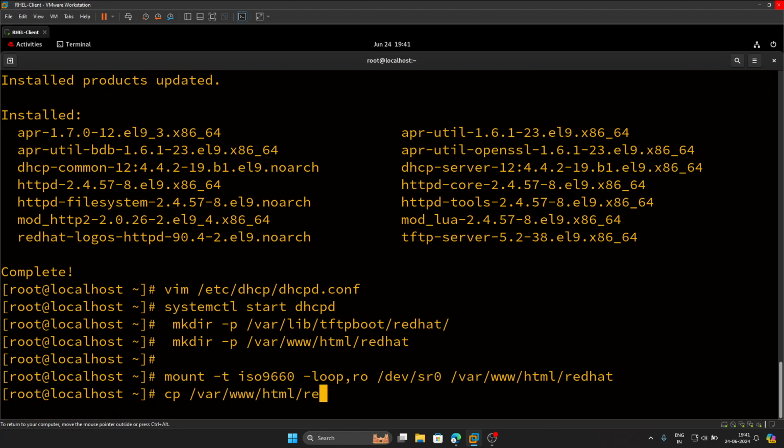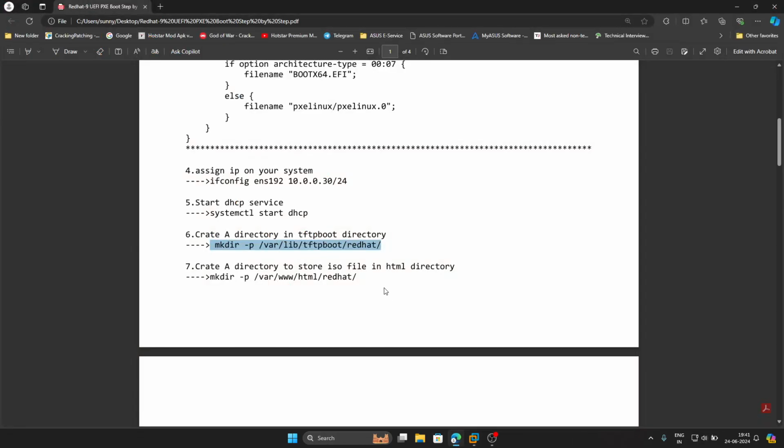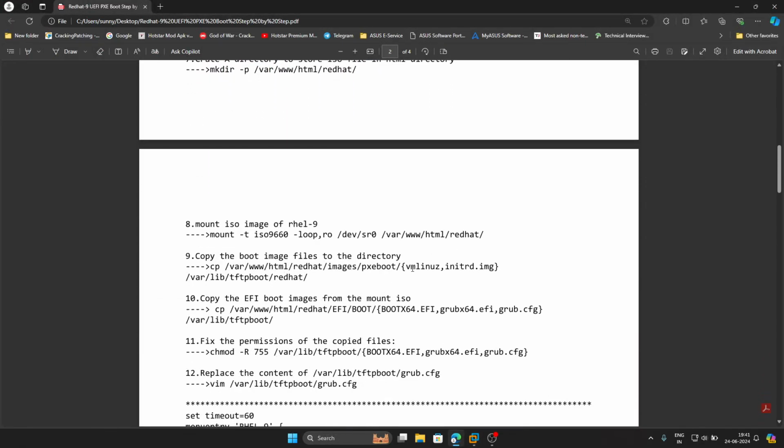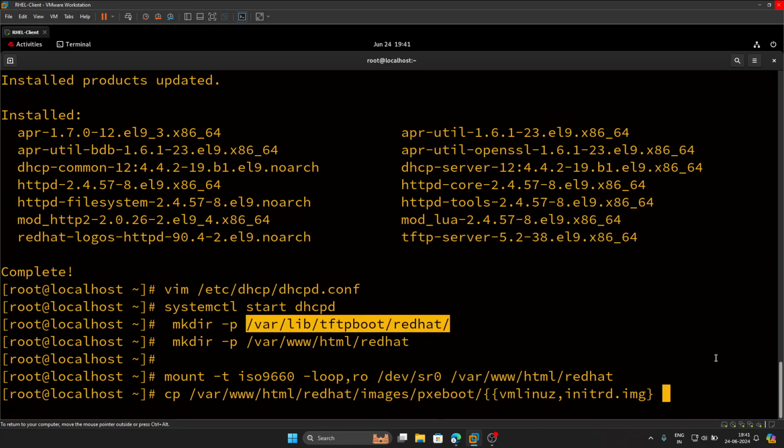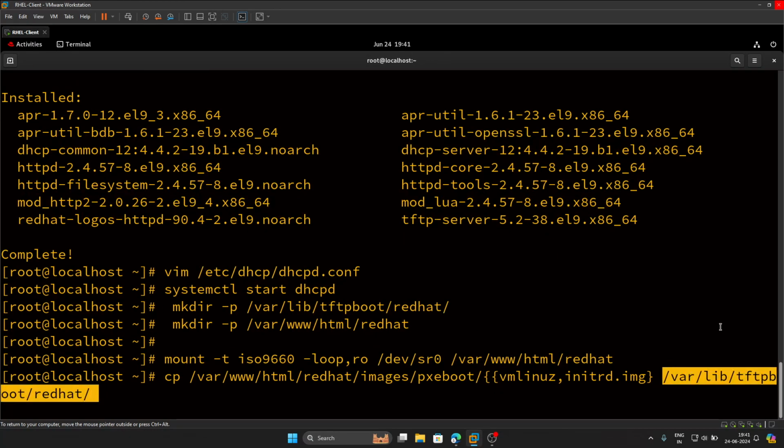HTML Reddit के अंदर एक डायरेक्टरी है जिसका नाम है इमेज। इमेज के अंदर PXE बूट के लिए हमें कुछ फाइल चाहिए जिसका नाम है VM image और init। तो आपको ये फाइल कॉपी कर लेनी है। तो मैं यहाँ से कॉपी करके यहाँ पेस्ट कर देता हूँ। और कॉपी कहाँ पे करनी है आपको? आपको इस लोकेशन पे करनी है, तो यही कॉपी करके इस लोकेशन का पाथ भी यहाँ पे पेस्ट कर दीजिए, देन एंटर।